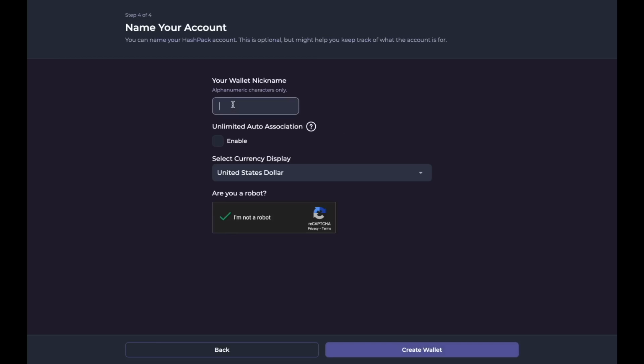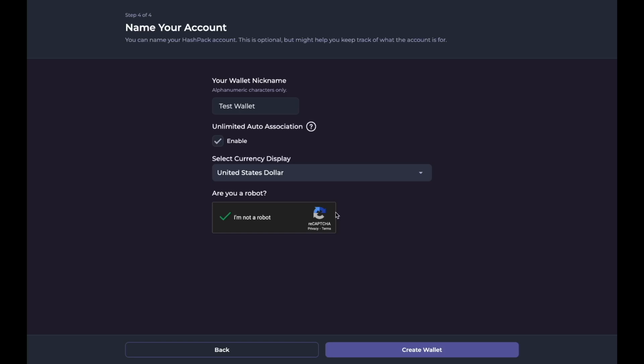Now I'm going to click create a nickname for my wallet. So it's test wallet. And I am going to enable the association feature. The association feature basically allows you to associate tokens that you want to be sent to your wallet.